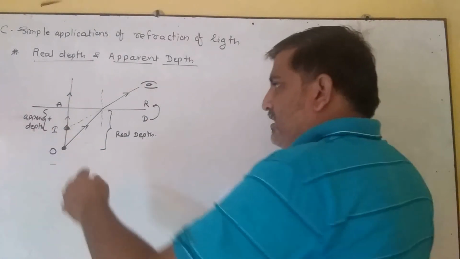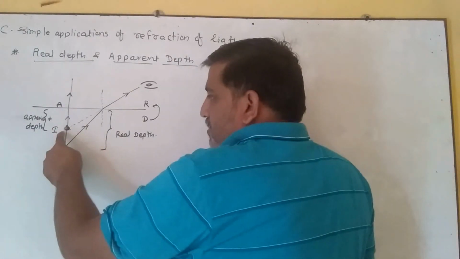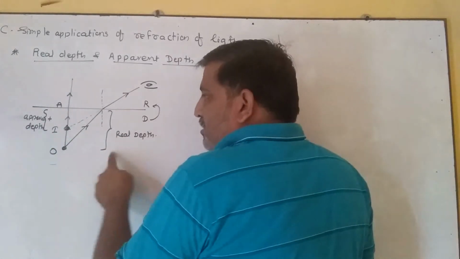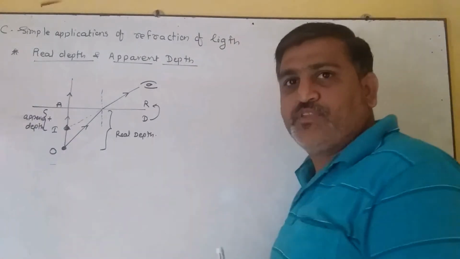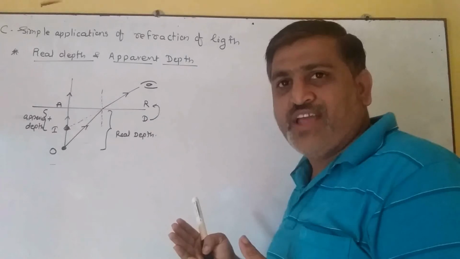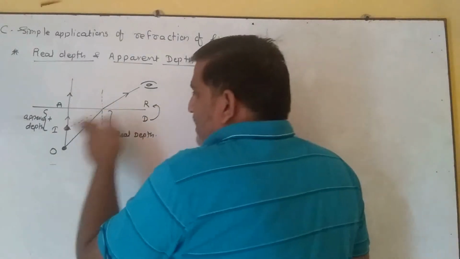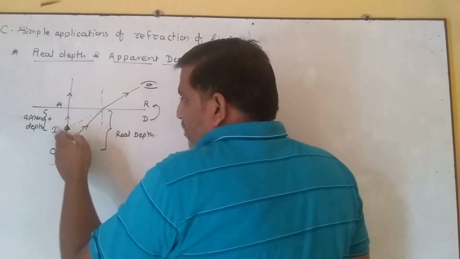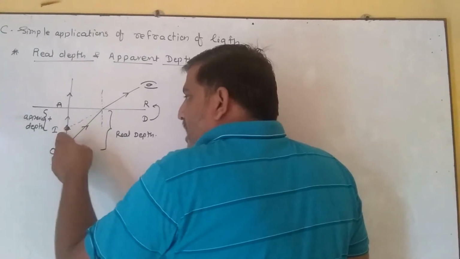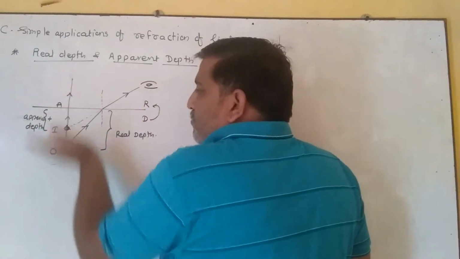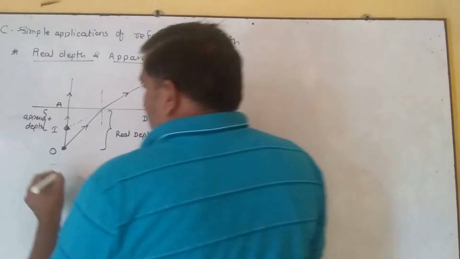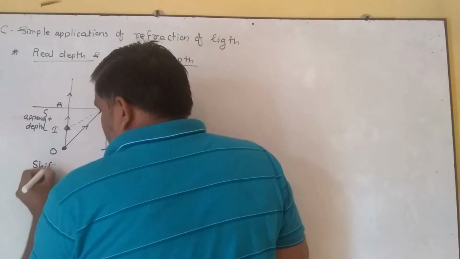ऐसे वो लगता है कि I ये पोजीशन पे है, बट एक्चुअली वो होता है O पोजीशन पे, मीन्स A से लेके O पोजीशन तक क्या हो गया उसका रियल डेप्थ, उसका वो रियल डेप्थ है, बट रेयर डेंसर टू रेयर मीडियम में जब रे ऑफ रिफ्रैक्शन होता है तब हमें ये पता चल रहा है कि ये मीट होता है यहां पर आई पोजीशन पे, और हमें ऑब्जेक्ट ओ के जगह वो न दिखते हुए वो आई के जगह पे दिखता है, लिटिल शिफ्टेड, ऊपर वो शिफ्ट हुआ है ऐसा दिखता है, एंड दैट इज नथिंग बट व्हाट अ शिफ्ट. ओके, दैट इज नोन एज व्हाट शिफ्ट.